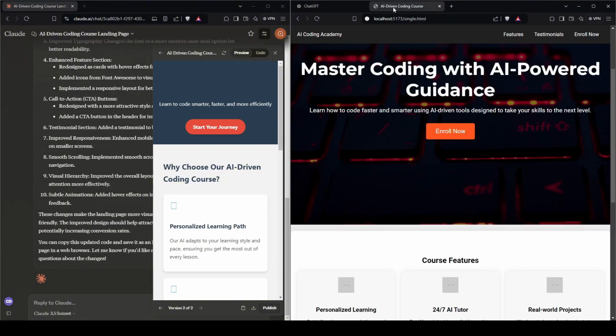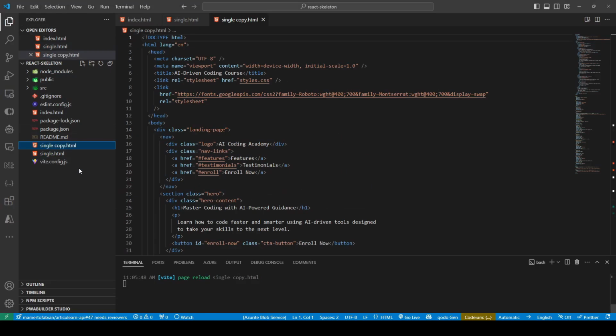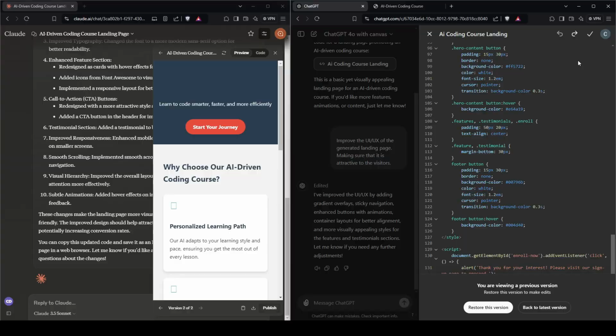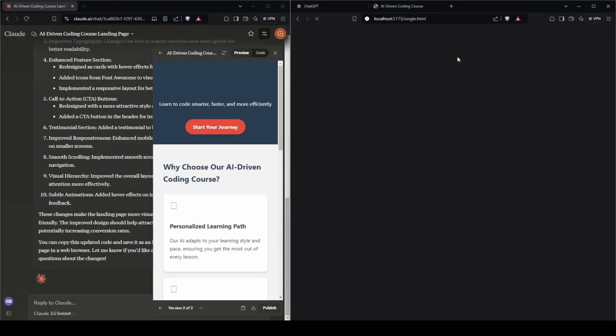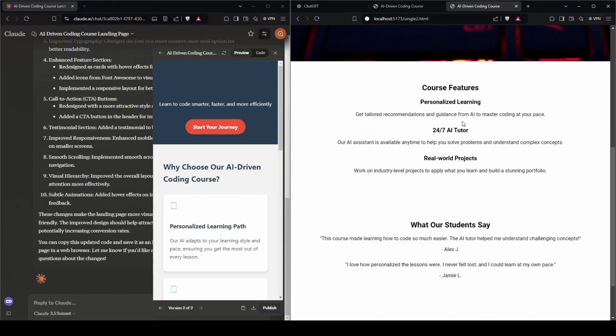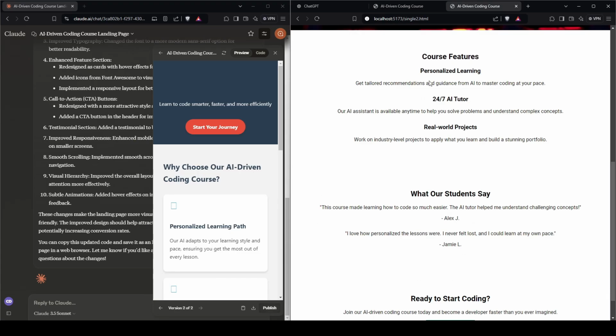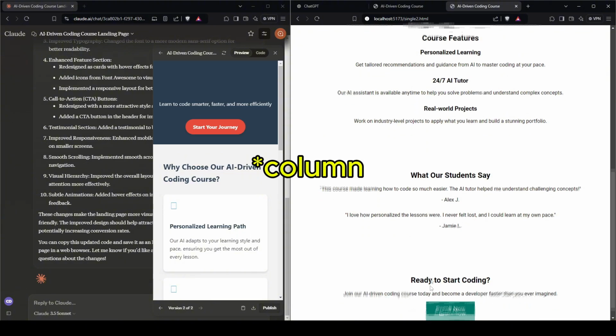What I will do is create another page just to have some comparison between the previous version and the current version for Canvas. So single is the current version, single 2 is the previous version. So it did some adjustments there. So this is the original version, this is the latest version. It created a card layout versus one row formatting or layout, which is nice.